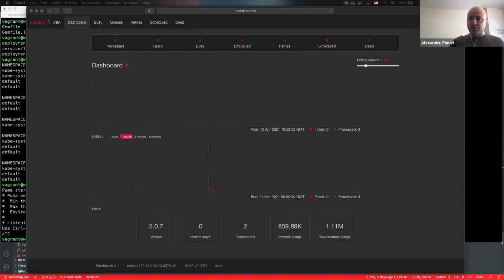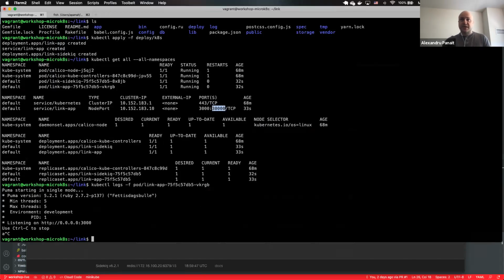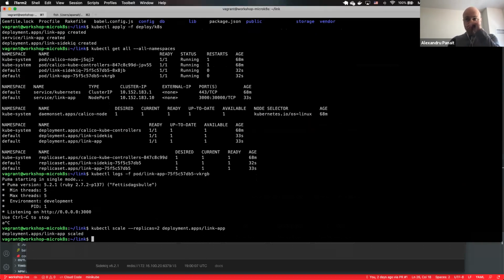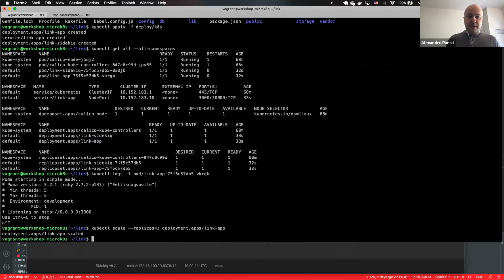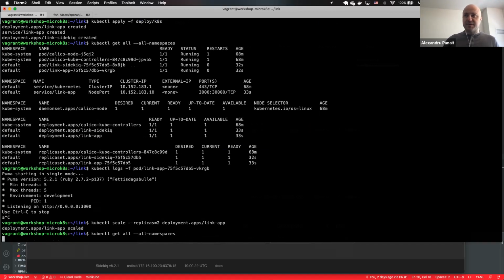Okay, I want to show one more thing, and that's how you scale. Okay, so you can see here that for all the pods, pretty much we have 1 out of 1, everything is 1. And so if I was to run this command, this is kubectl scale --replicas=2, and then this is deployment.apps link app here. I got this from right here. Right? And now if I go back up, get all namespaces,